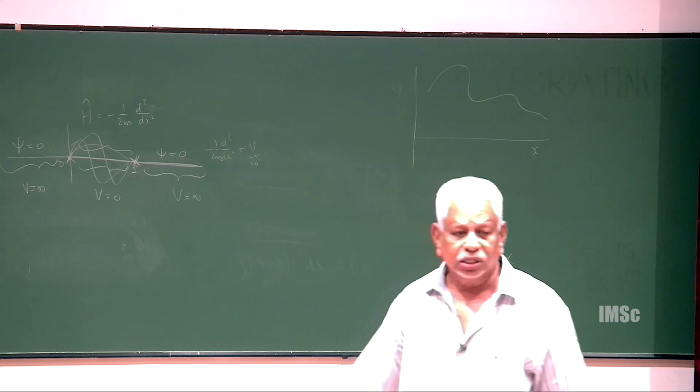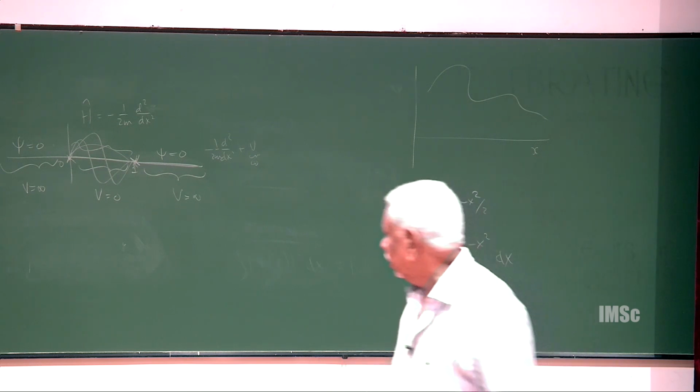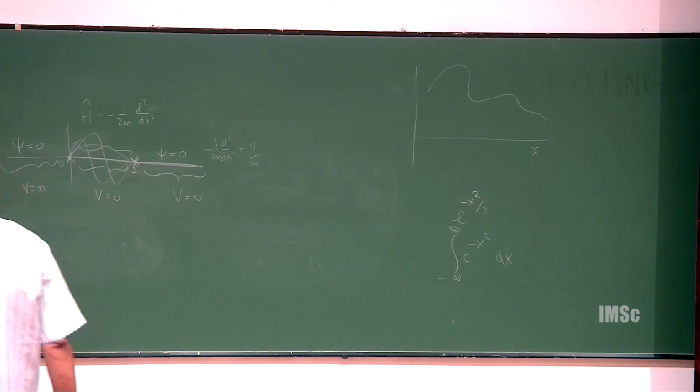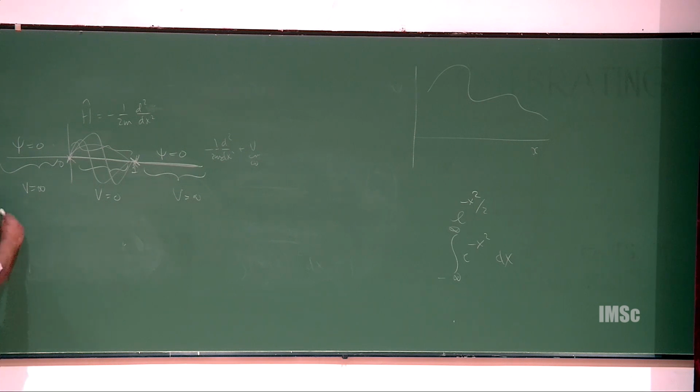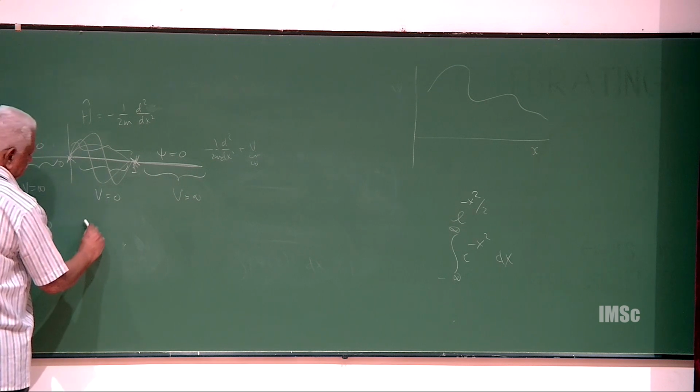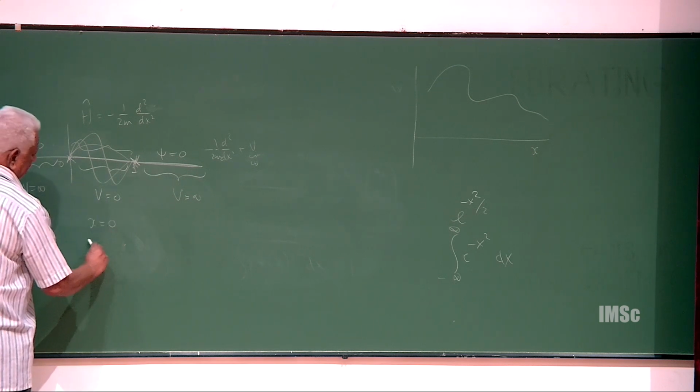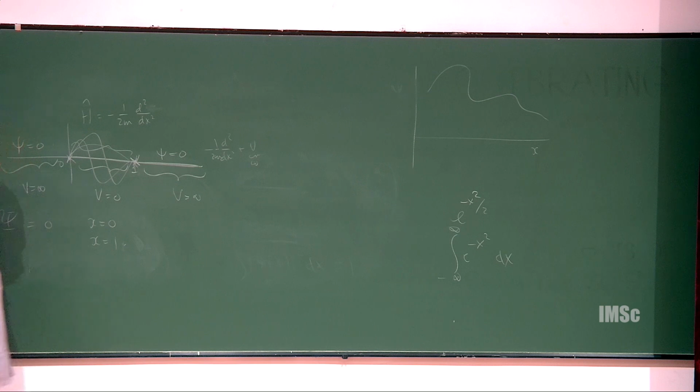So that's what we call the boundary conditions. The condition is psi is equal to 0 at x is equal to 0 and x is equal to 1. At these 2 points it has to be 0. Outside it has to be 0, there is no problem. And it should be square integrable. So I have to solve this equation,